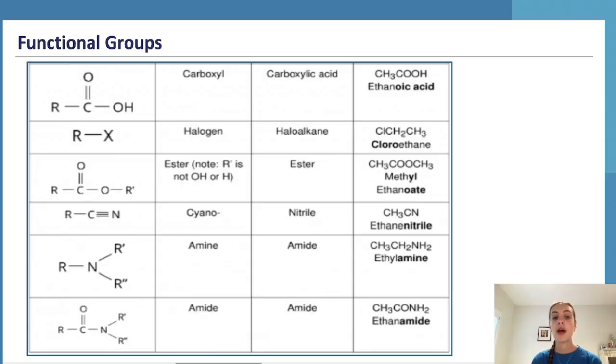However, we can have 1, 2, or 3 of these hydrogens replaced, same with an amine, but one of these chains will have closest to the nitrogen molecule a double bonded oxygen group, so a carbonyl group. And so an example of that which we can look at is ethanamide, so that being having 2 carbons,